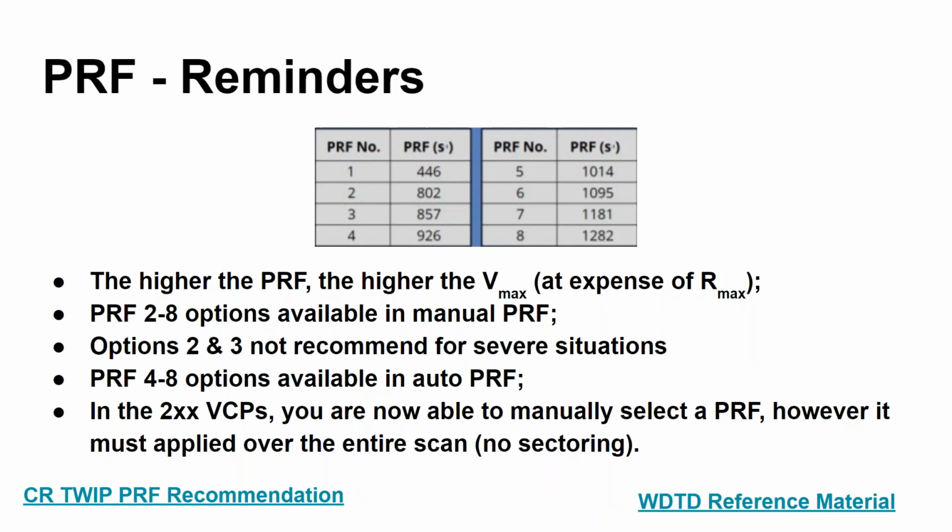So, everybody remembers the Doppler dilemma. The higher the PRF, the higher the Vmax, but it comes at the expense of your maximum range, and then vice versa. The lower your PRF, you have a better range maxima, but it comes at the expense of velocity quality, and that's the Doppler dilemma. There are PRF options 2 to 8 available in manual PRF, but you're going to want